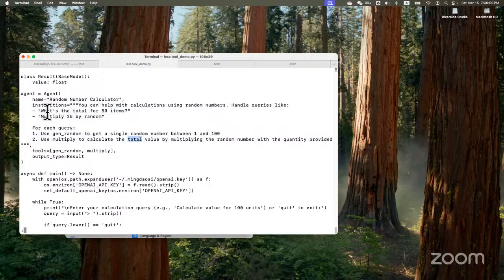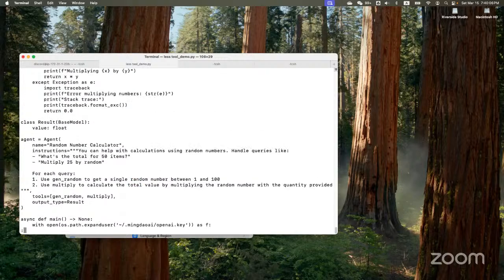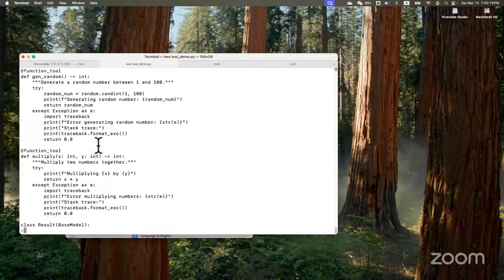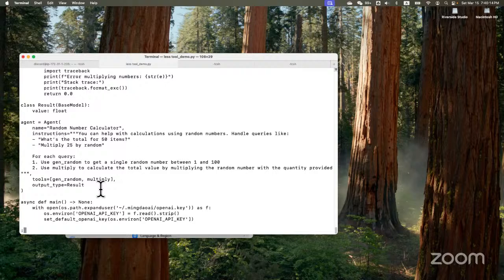It should answer, for example, what's the total of 50 items, multiply 25 by random. Essentially, it leverages the multiply function and the get random function and creates an output. The agent has this argument tools equal to something, and then we can put in a couple function names, and it can parse these function signatures and generate reasonable calls to these functions.